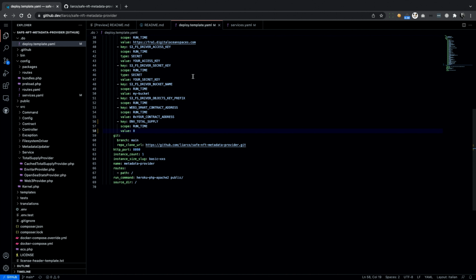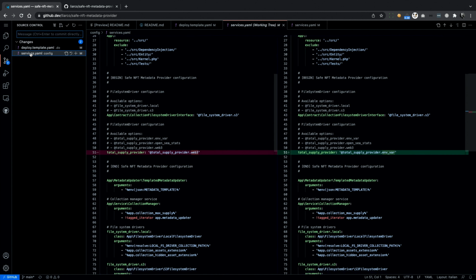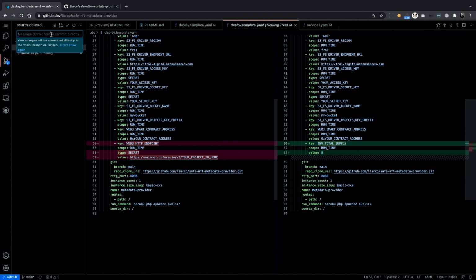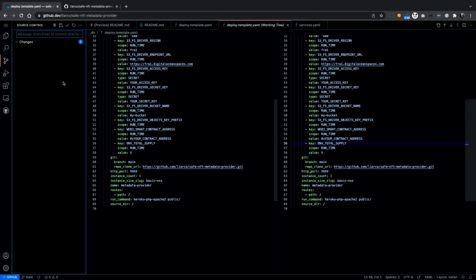Now we can review our changes. We commit them. And now we can deploy the app. The process is exactly the same as with the original project. The only things that are gonna change are the target repo, that is gonna be our fork, and the last